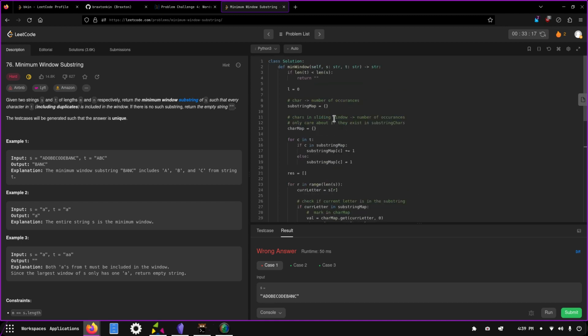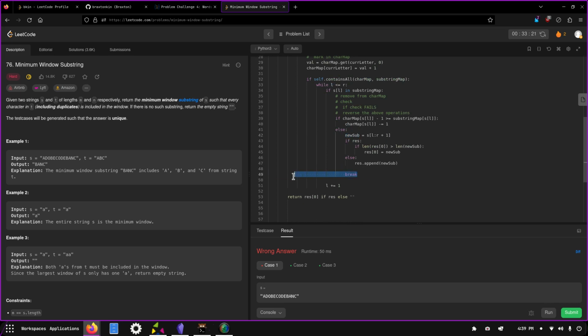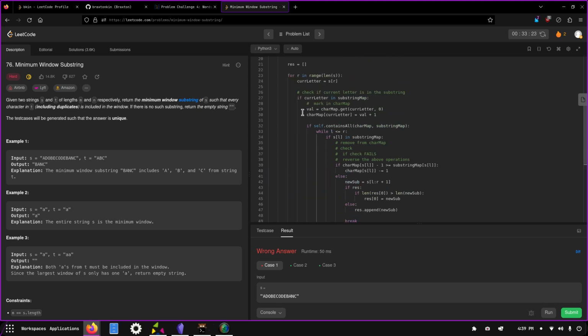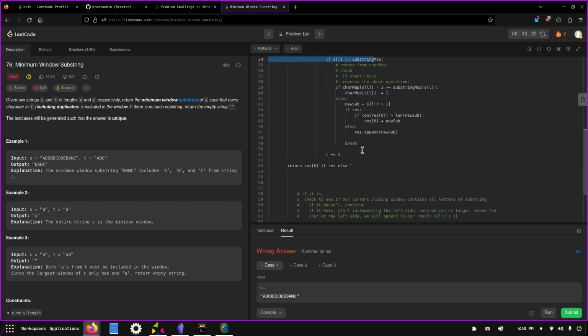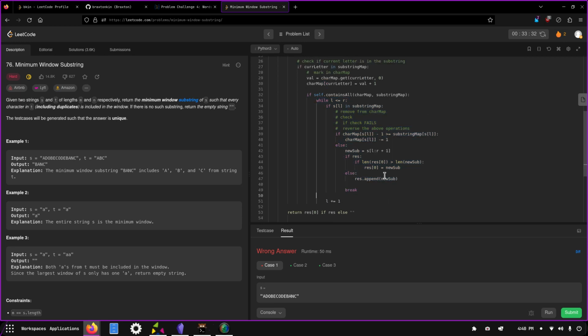New subsequence is our original string, and then we break out of this while loop. This for loop should continue though. If res return